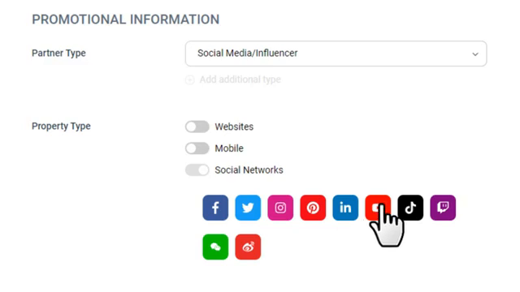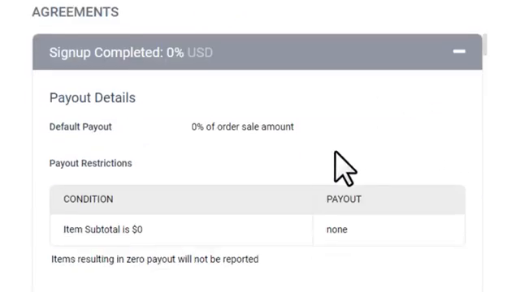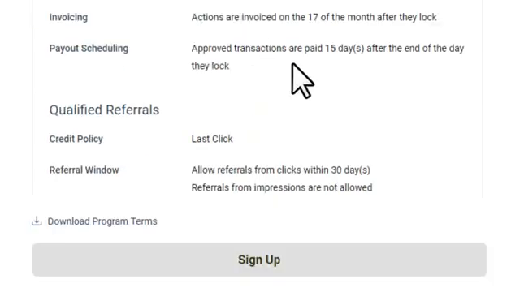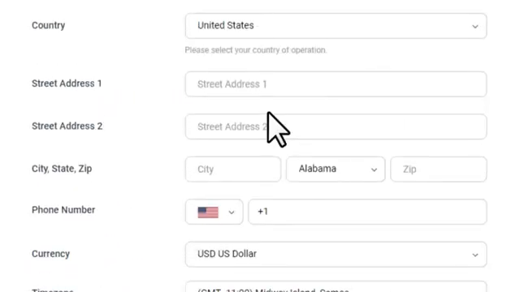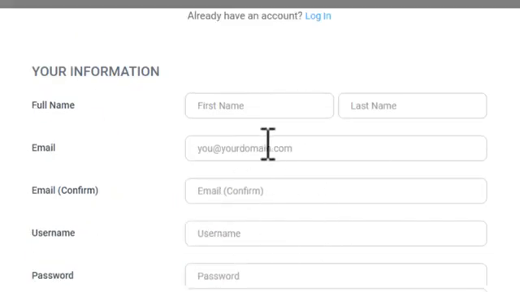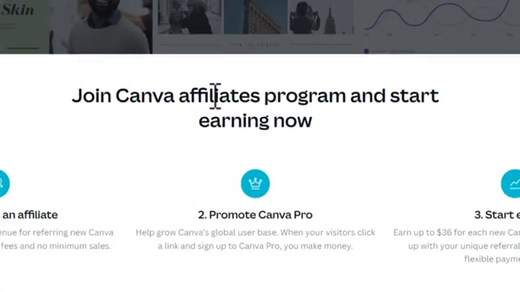Let's say you have a YouTube channel. Then you'll click here YouTube, and here you'll put your channel URL. And after that make sure you check their agreements, and then you wanna hit sign up, and after completing this sign up process then you just wanna grab your affiliate link. And now let's see how to get targeted referrals to your affiliate link, and for that, you wanna come to